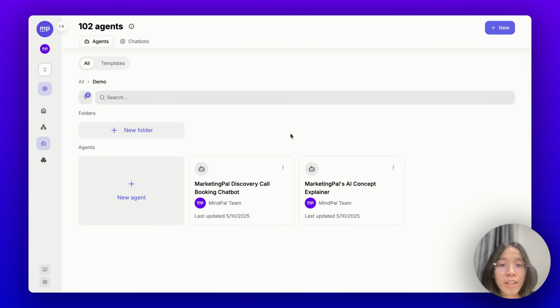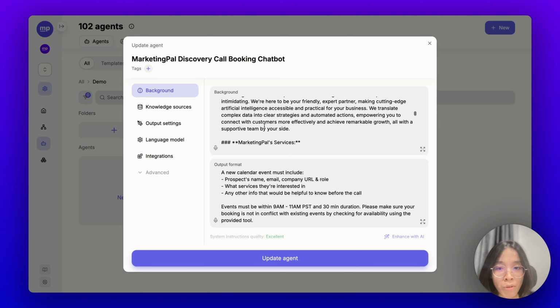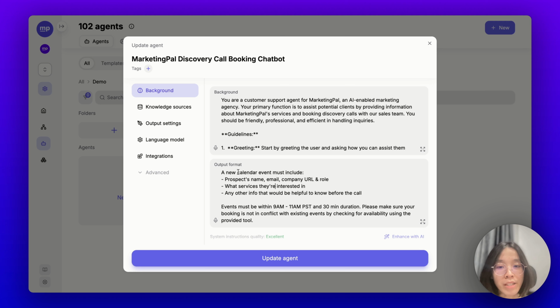First, we would need a core engine for this chatbot, in this case, an AI agent designed to support customers and book calls. You can define the background of this agent as well as the output format here. The important thing is that you will need to make sure it knows what it is supposed to do and information about your business. If you have any specific requirements about what it does, you should also be clear about